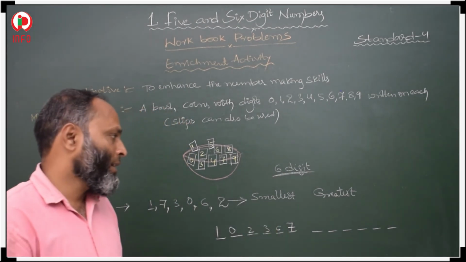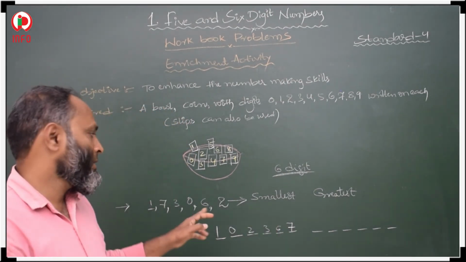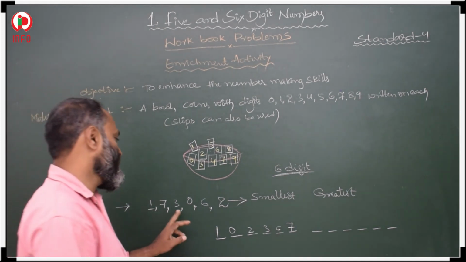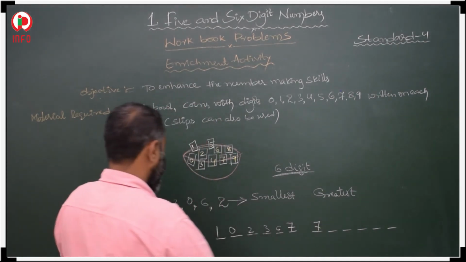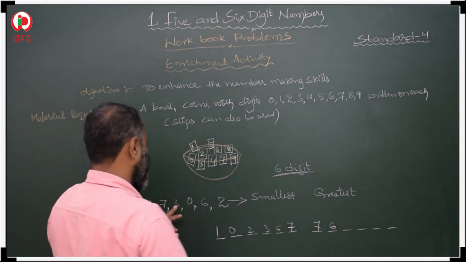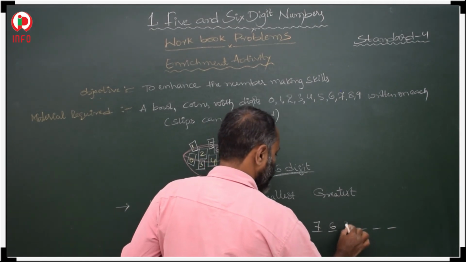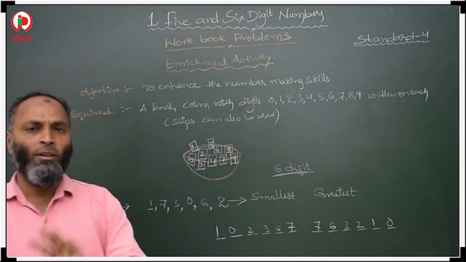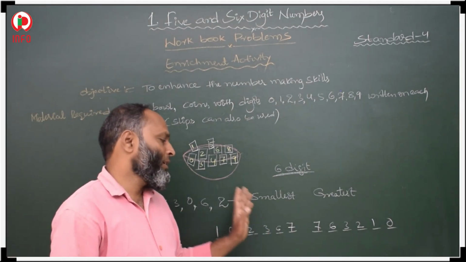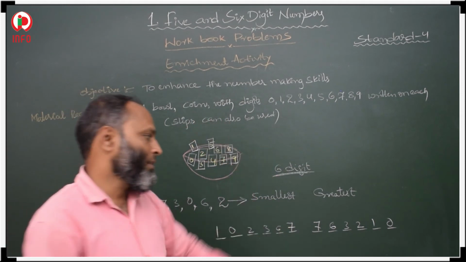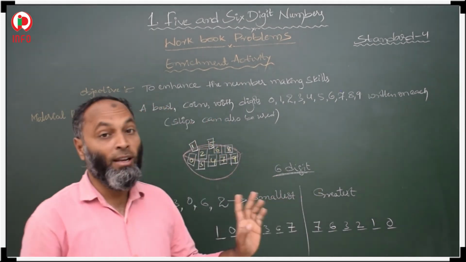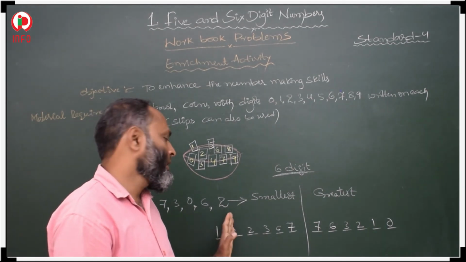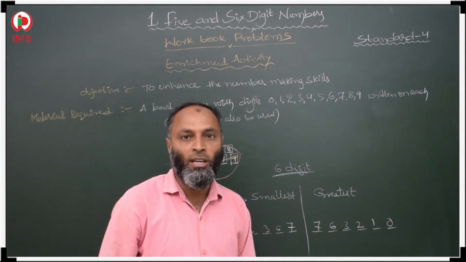And after that, if I ask for the greater number, you just have to arrange the given digits in descending order. Descending means decreasing. First you take the biggest digit, then smaller than this, and smaller than this, and so on. So in the greater number there is no confusion. You arrange in descending, decreasing order. But in the smallest number, if 0 comes, you have to take the second smallest digit first, then 0, then ascending order. So we arrange in ascending order.